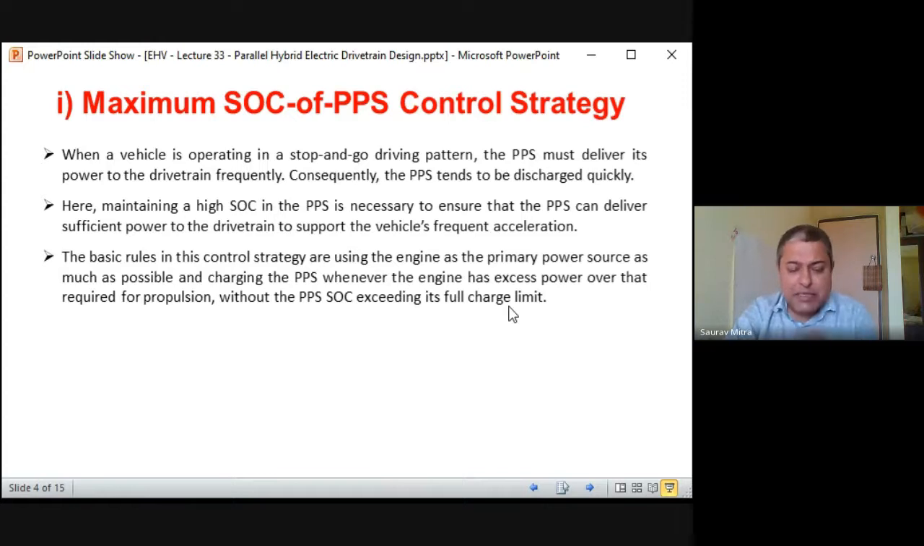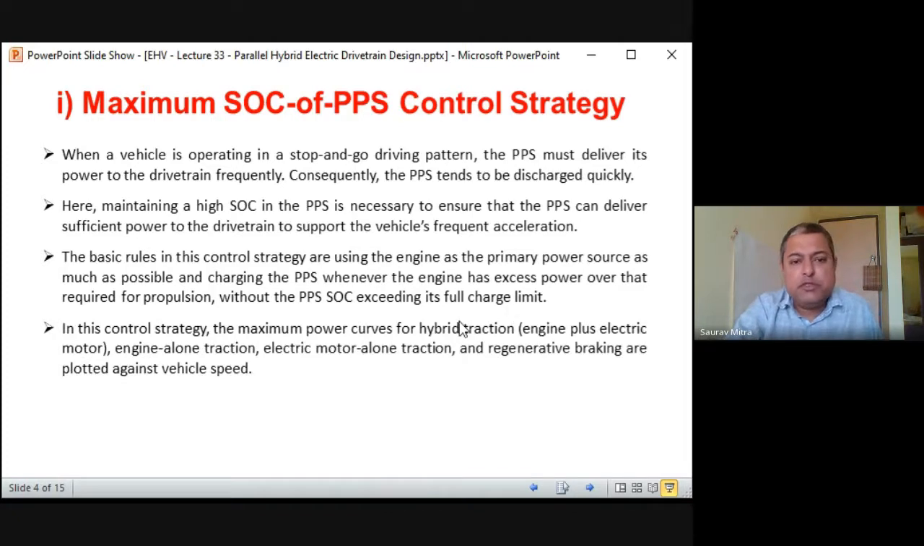How far should we charge the PPS? Till the PPS reaches 100%. Whenever the PPS reaches 100%, all the 100 units of power produced by the engine should be given to drive the vehicle only. So PE at that time will be PL. This is the main control strategy. Remember it properly. In this control strategy, which is called the SOC of PPS control strategy, the maximum power